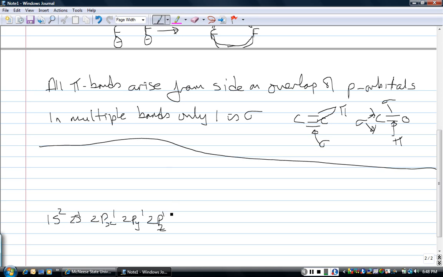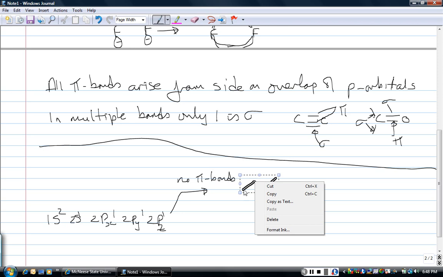So let's go in a series then. Let's say we're forming no pi bonds. Right? So forming no pi bonds. In other words, let's just pick a molecule of this type. So let's just say the compound we're forming is this one. Right? Well, if I'm interested, for example, in this carbon,